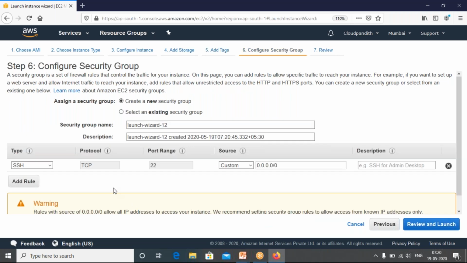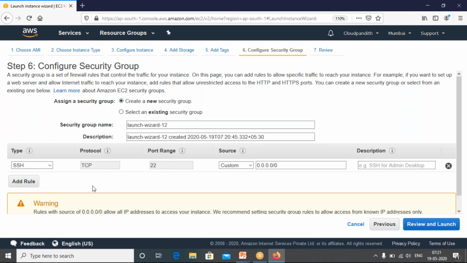Configure security groups. So this is the first level of your defense, friends. So first level of security that you are providing to your instances. So whom you want to allow, who can access the server, who can do what, all those things you are going to define here. So SSH is the default. Let's say if you want to access the Linux machine, you need to enable port 22.